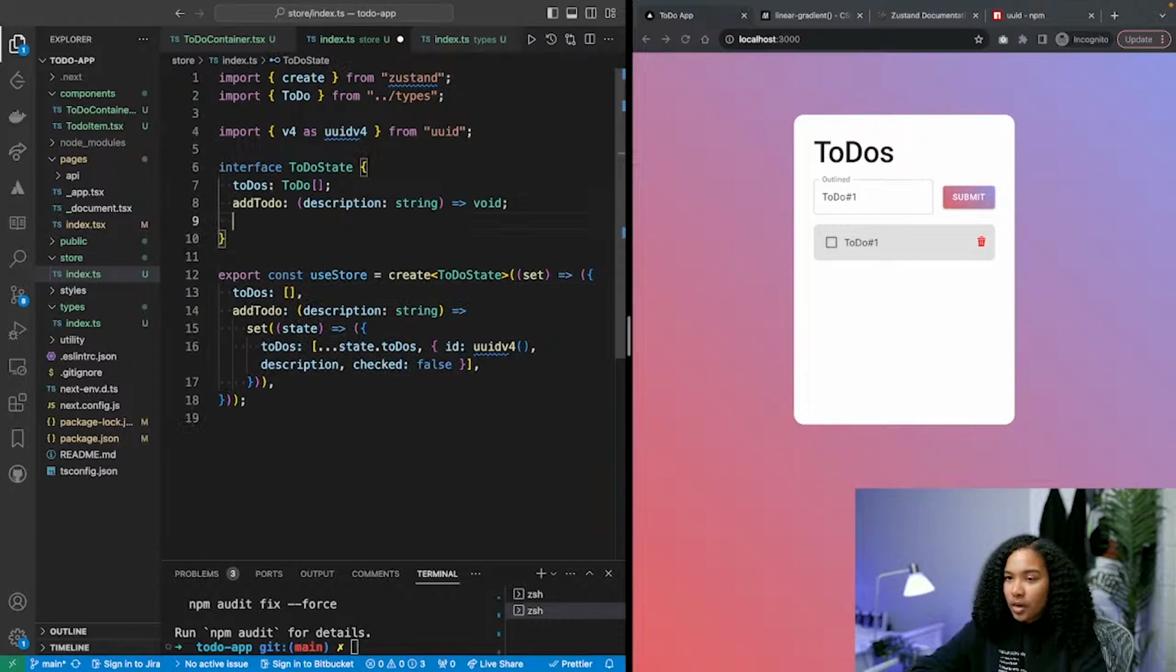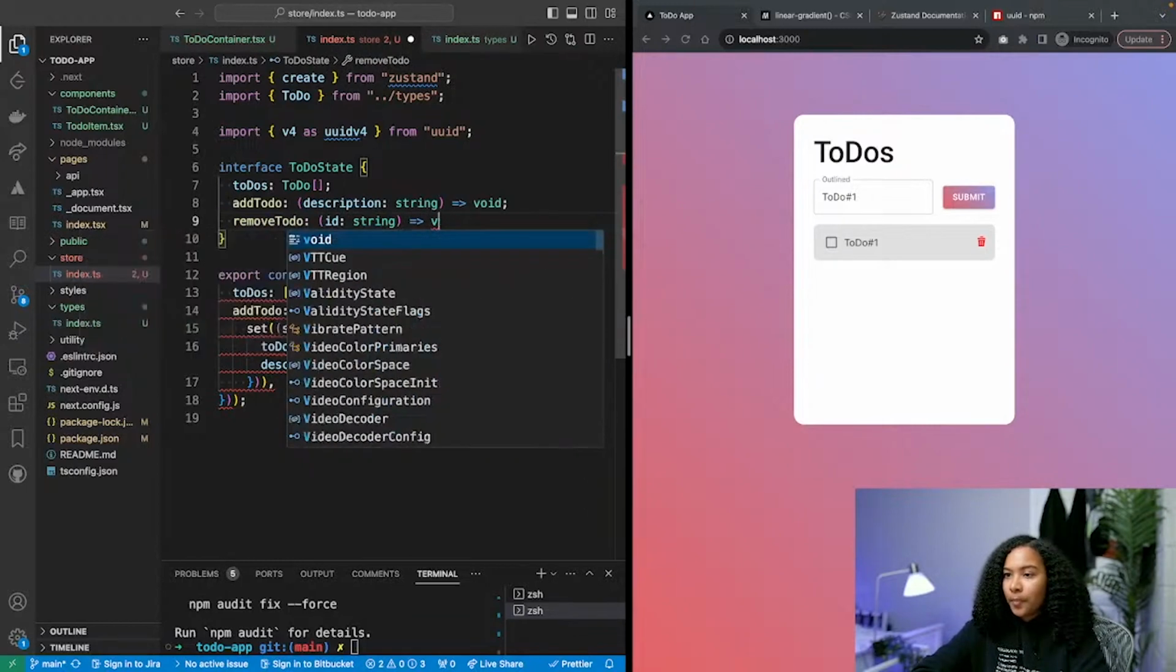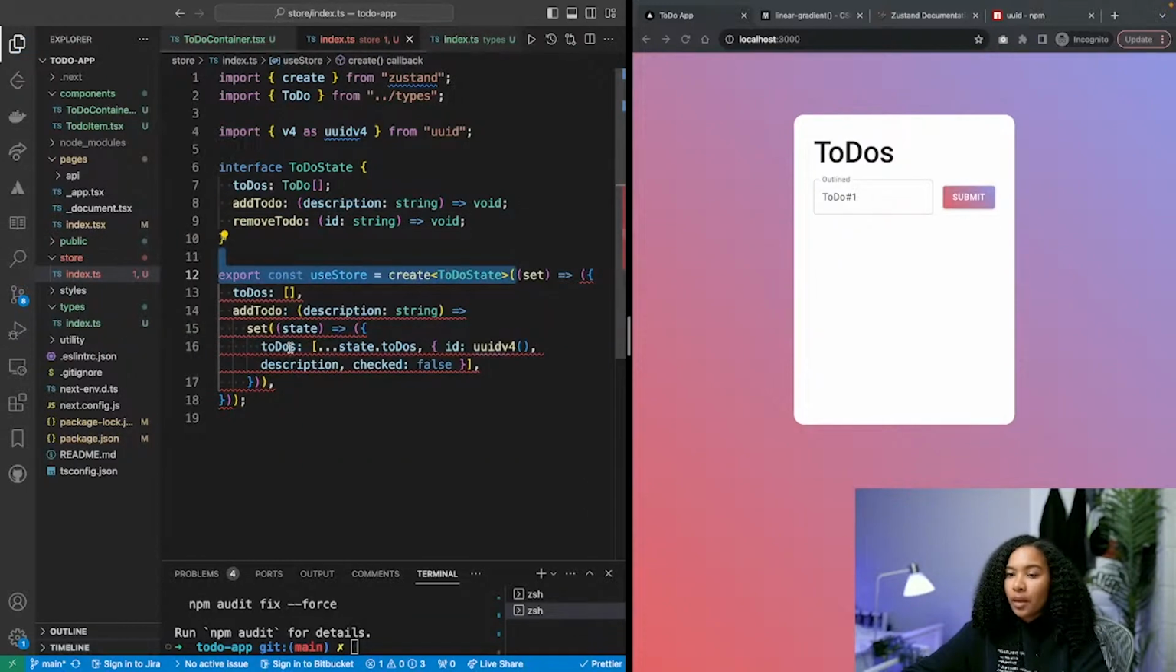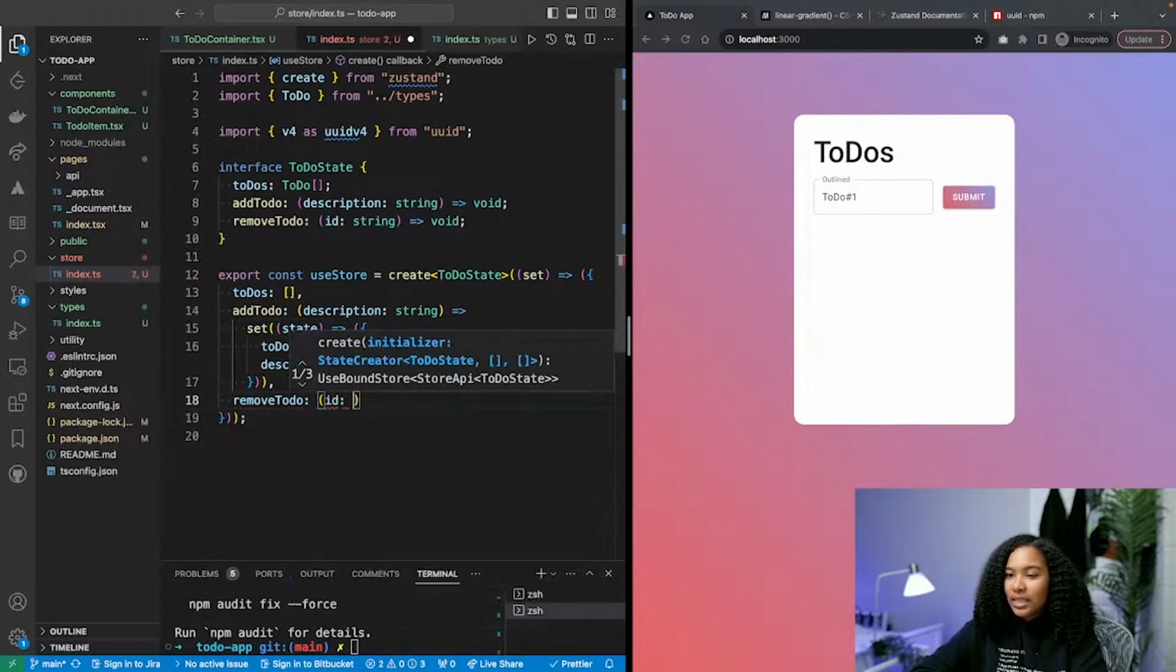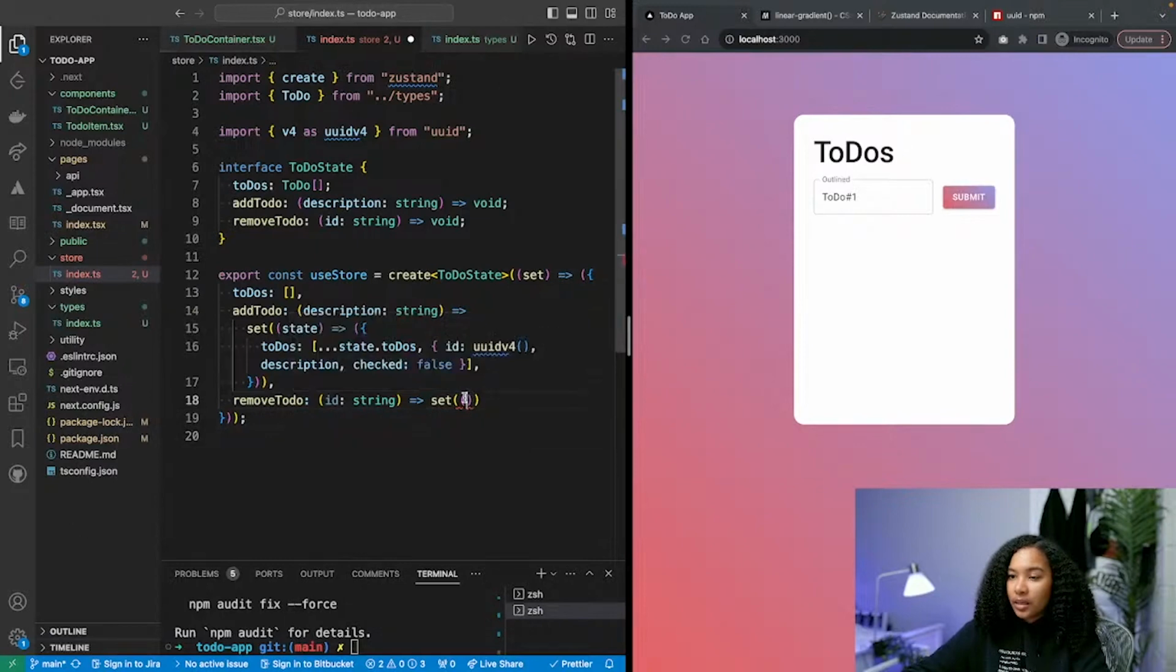So back in our store, we're going to create another action called removeTodo. It's going to take in the ID, which is going to be of type string, and it's going to be pretty similar. It's going to return void. Save that. Then it's getting upset because we don't have it here, but we're going to add it: removeTodo, and then again, ID, type string. And then it's going to set it to be of type